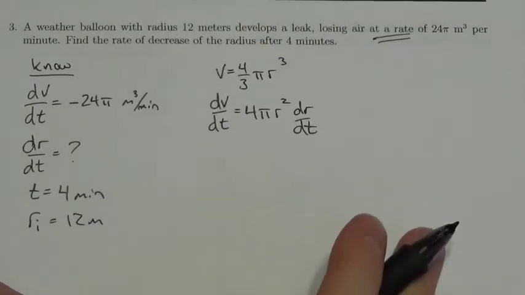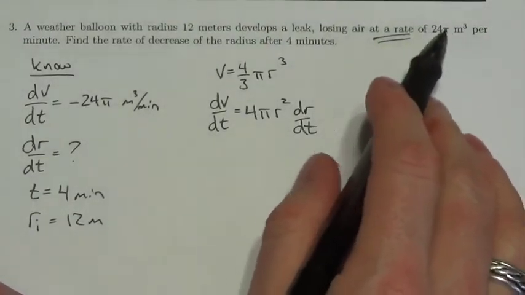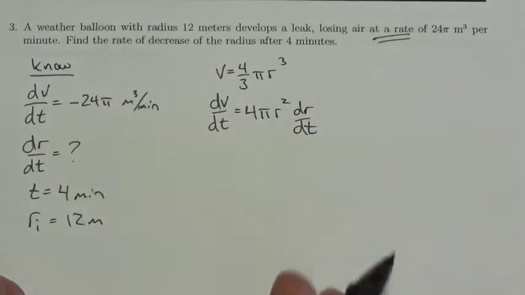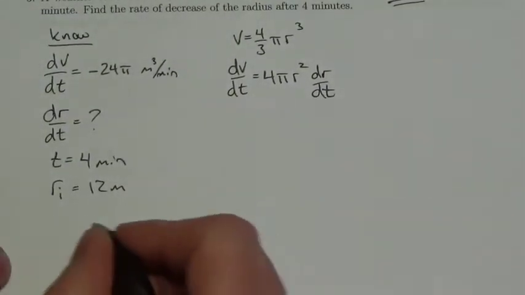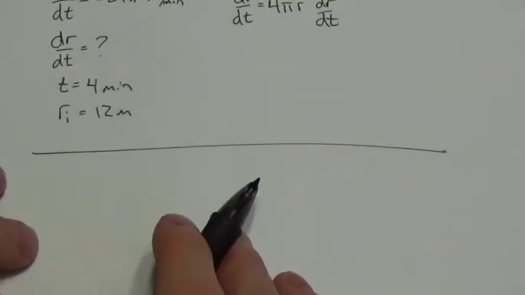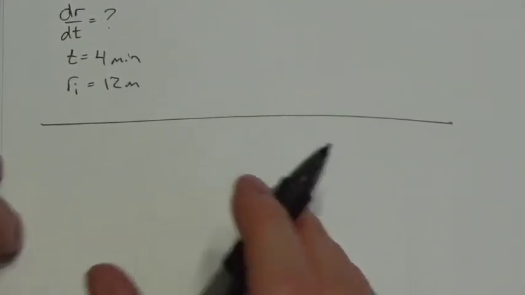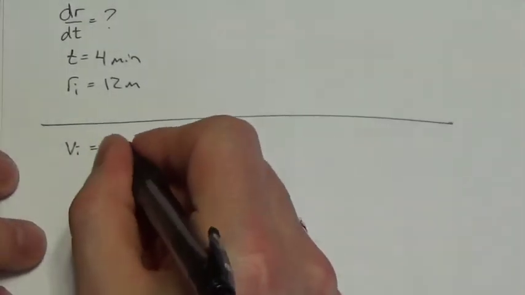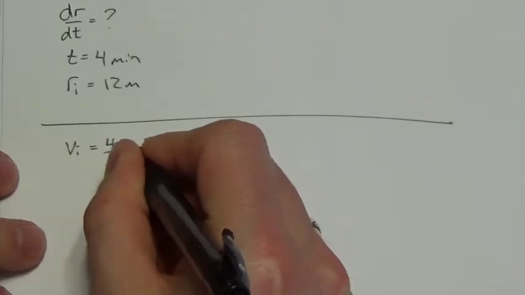But I do know that it's losing air at 24π meters cubed per minute. So here's what I have to do. I will come back to that in a second. I have to do a little bit of work here to figure out what that new radius is. So, first of all, what's my initial volume? Where did I start? Well, 4/3 π